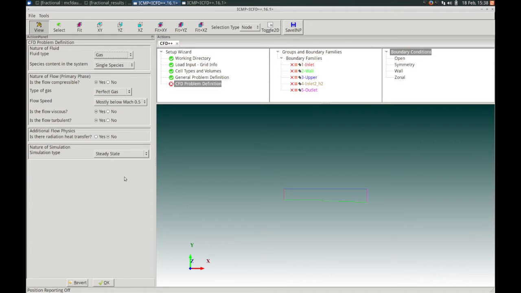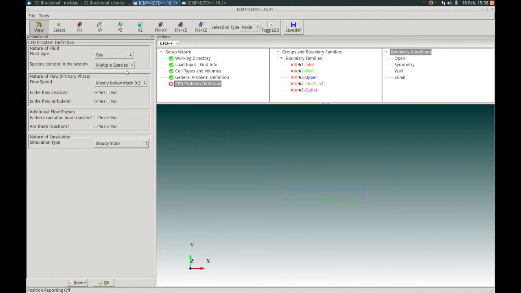Next, we see the CFD Problem Definition panel. Here we choose the following options. For fluid type, we will select gas. For species content, we'll select multi-species. For the flow speed, we'll select mostly above Mach 0.5.